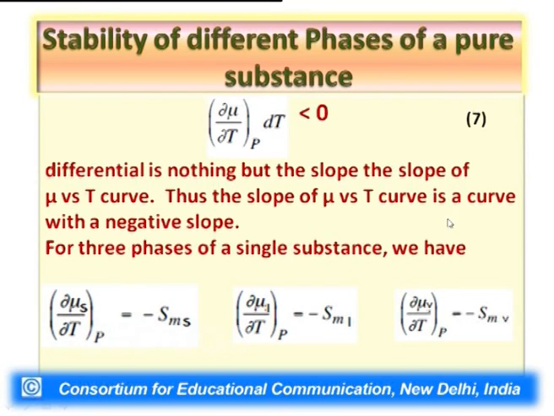For 3 phases of a single substance, we can rewrite equation 7 as del mu s by del T at constant P, that is the change in chemical potential of solid substance with change in temperature at constant pressure, equal to minus Sms, that is minus, negative sign, the molar entropy of solid. Similarly, the same interpretation we can look for molar entropy of liquid, which is nothing but the rate of change of chemical potential of liquid phase with temperature, and the rate of change of chemical potential of vapor phase with respect to temperature under constant pressure is minus Smv,